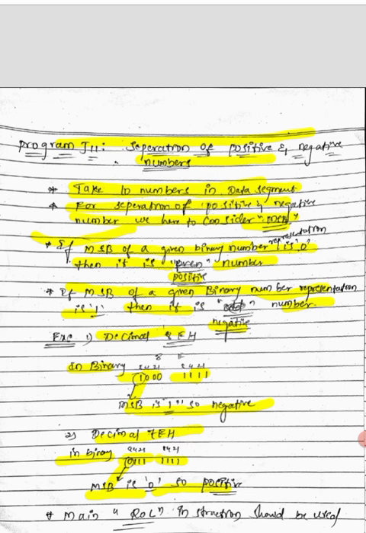One more thing: the main instruction used in this program is the rotate left instruction. In the previous program we used the rotate right instruction. In this program we use rotate left once, so that we can find out whether it is a positive or negative number. Then we can store the result, which is positive and which is negative. So let us run the program in DOSBox.